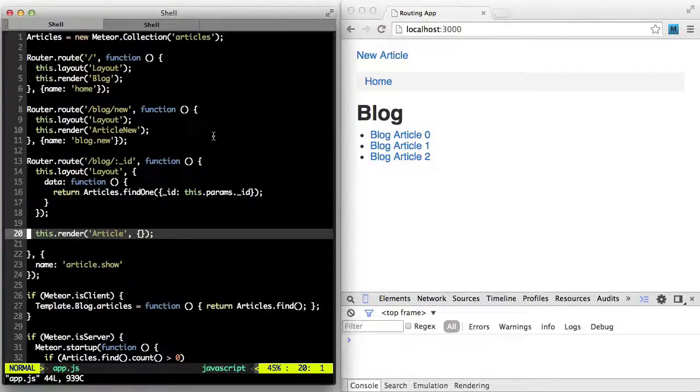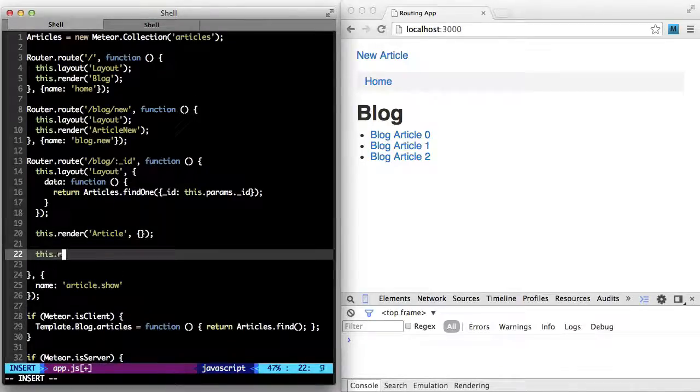Now, most of the time, providing content using the content_for block helper directly in your templates will be the easiest way to accomplish rendering templates or content into a yield region. But you can also do it programmatically in JavaScript using the render method. So here we are inside of the blog show route, and what I want to do is call the render method,